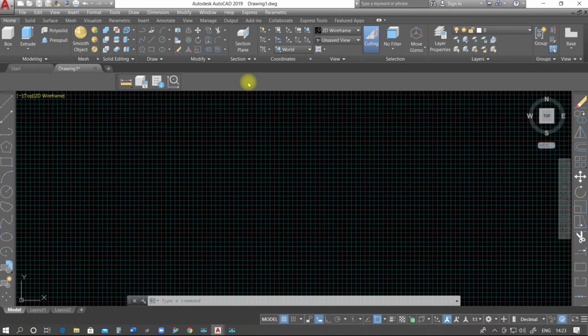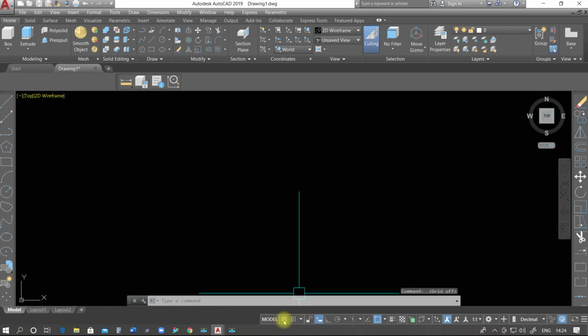Okay. So this is about how to set this graphical window, how to bring the toolbars inside the graphical window, and how to maximize and minimize these functional keys in AutoCAD software. So this is called grid. We generally call it a graph, but in AutoCAD software we have grid.